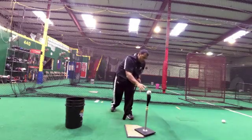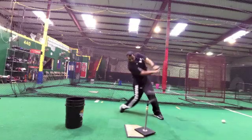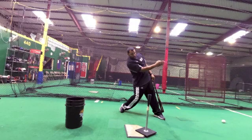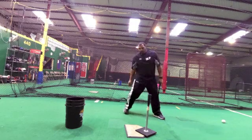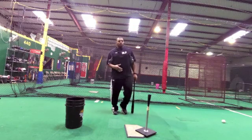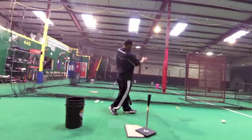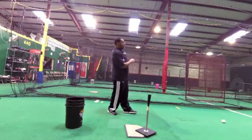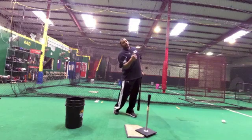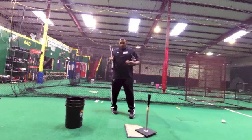Couple more. Notice my belly button still on that ball after it's gone. That's the key here. Your belt buckle and belly button must go where you hit it. That means I'm on it. I stayed on it. Now I have a chance to stay through it if I stay on it. That makes sense? So, just to recap,